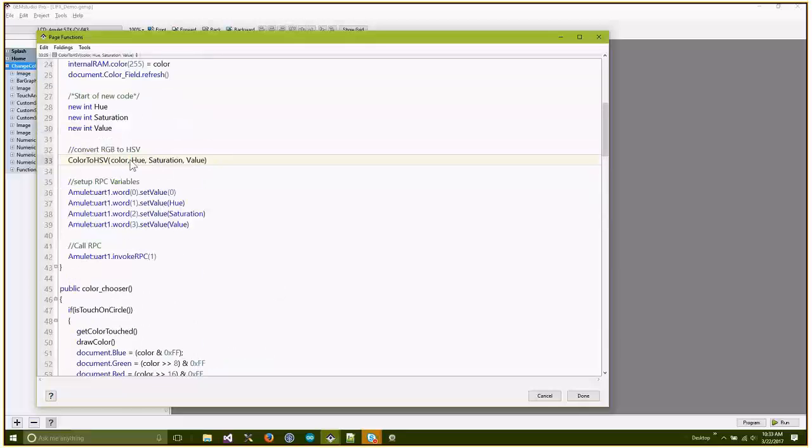And so we're calculating the hue, saturation, and value, and then we're using these variables to write to the Arduino. So again, it's connected on UART1, and we're writing word 0, 1, 2, and 3. And word 0 is the bulb ID. So if I had multiple bulbs in the system, I could change this byte right here and write to a different bulb in the system. Then I write the hue, the saturation, and the value over to the Arduino, and then I call